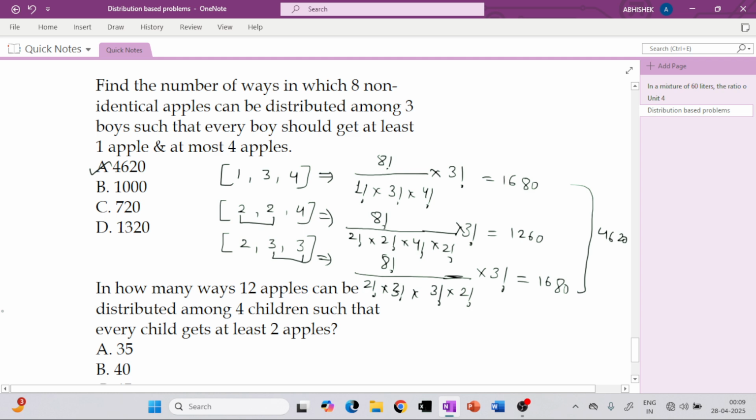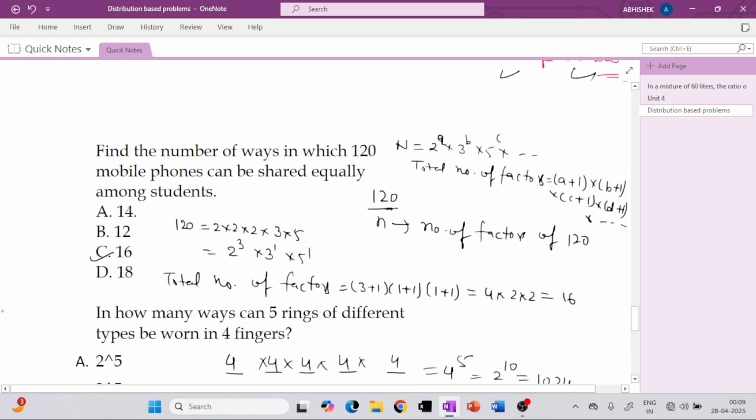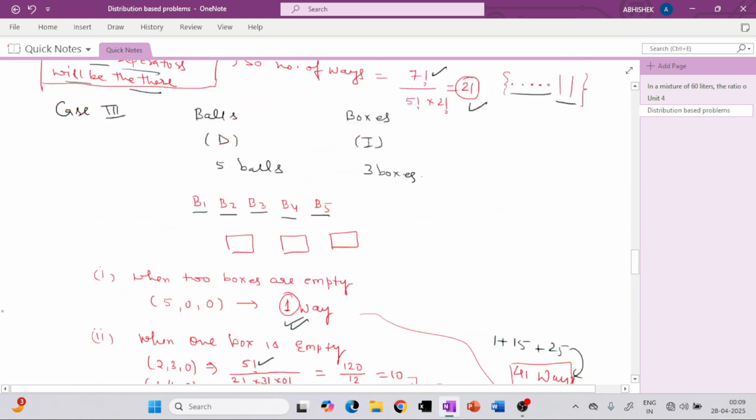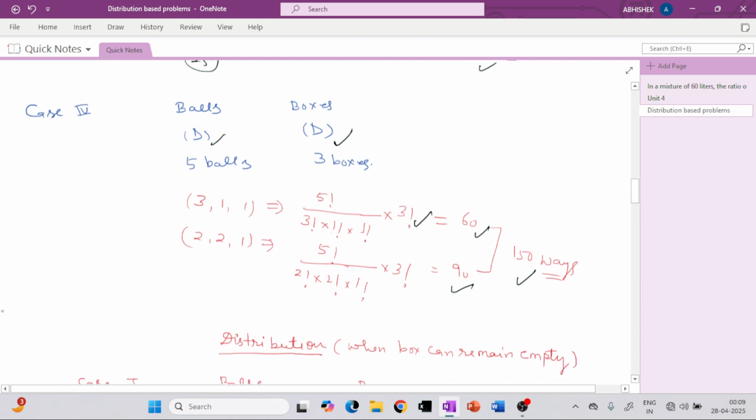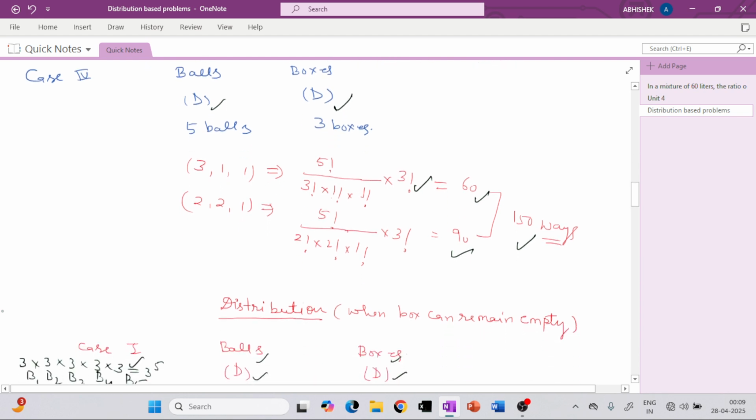This distribution can be done, meaning different things in different boxes, and no box remains empty. So recall the method. Yes, this is case 4, different things in different boxes. This one. So 3, 1, 1. The 5 walls are different, so 5 factorial divided by 3 factorial, 1 factorial, 1 factorial into